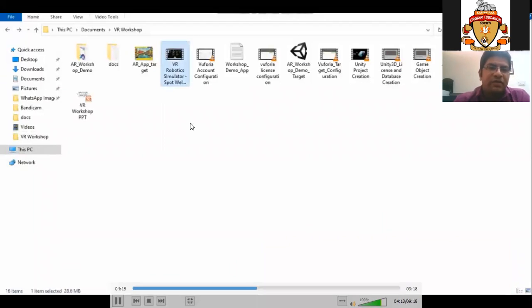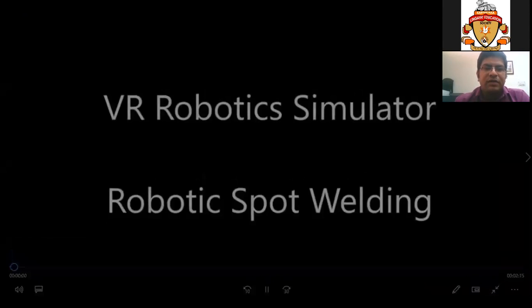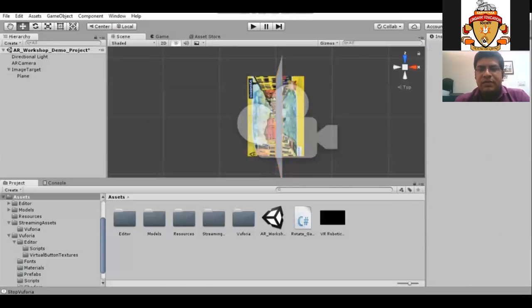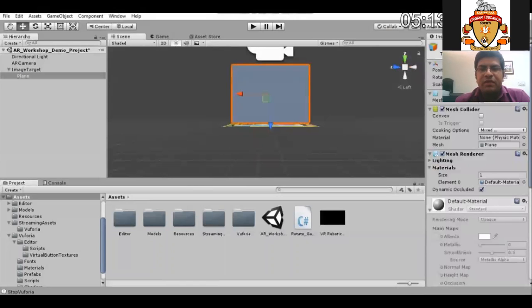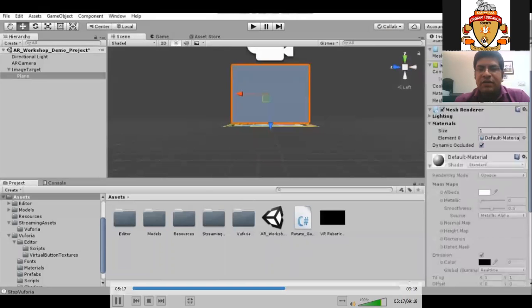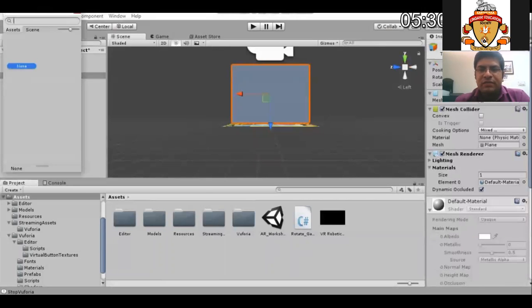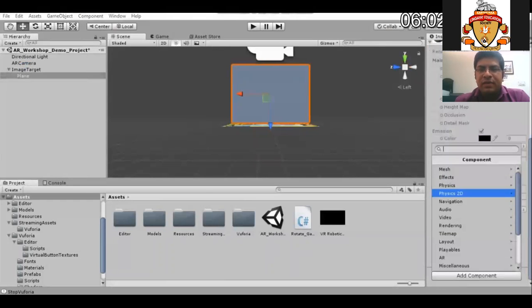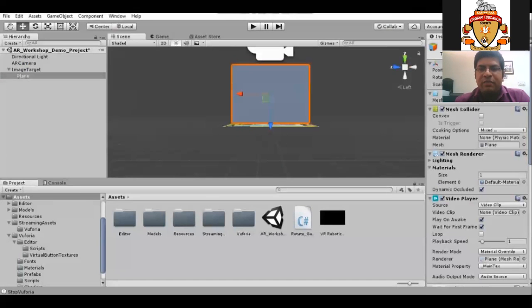I'll be using this particular video, VR robotics simulator. We have to import that video into Unity, and in the plane, we have to upload the video.